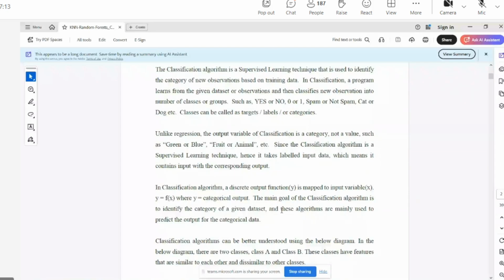Mathematically, any classification algorithm will have an output function termed as y when it is mapped with an input variable termed as x. For example, y is equal to f of x, where y is the categorical output. What is x? X is the input variable. Then what is f? F is the function. F can be a model.